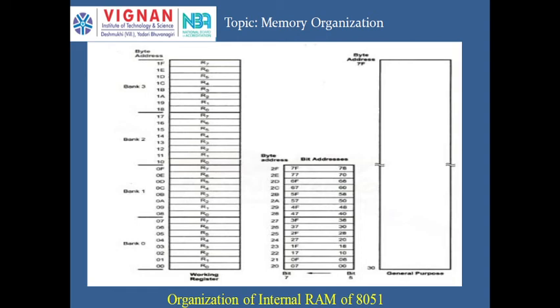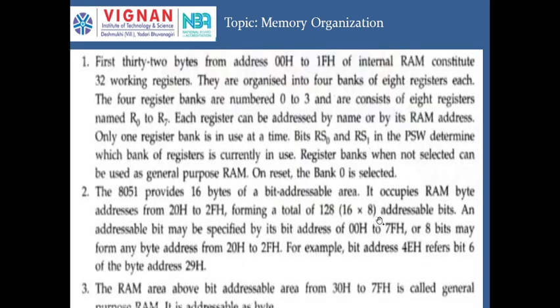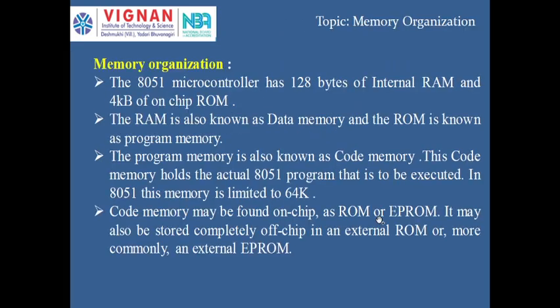This memory can be accessed by using the program counter, the program address register. By specifying the address in the program address register, which is available in the architecture of the 8051, we can access the 4 kilobytes, which is 0000H to 0FFFH. So this is about the memory organization of the 8051 microcontroller. In the next class, we will discuss the addressing modes of the 8051 microcontroller.